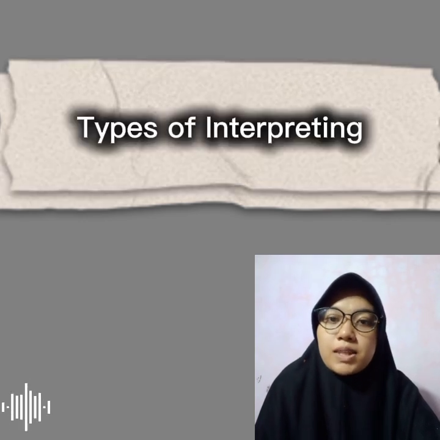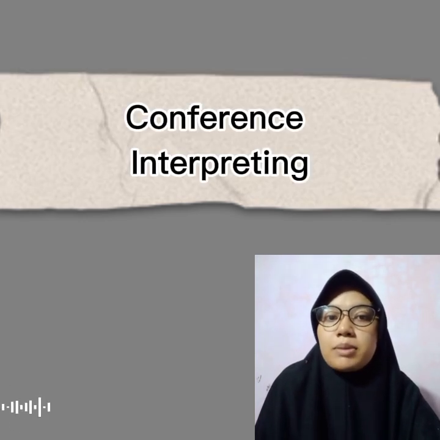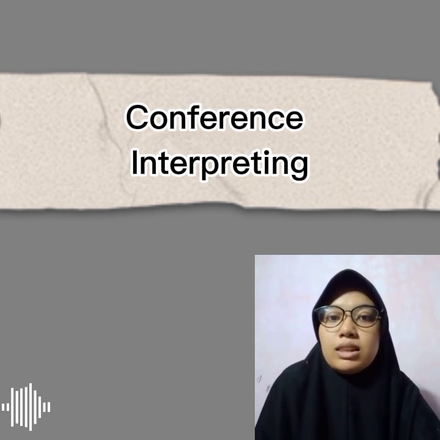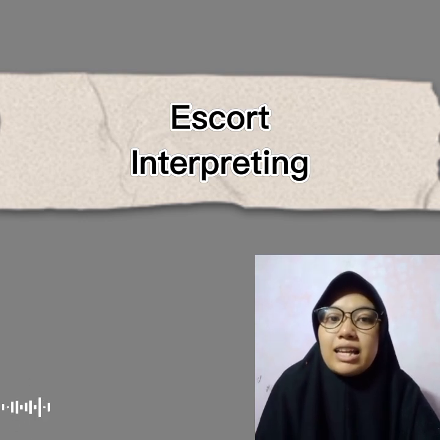The next are the types of interpreting. First, conference interpreting is interpreting done in a conference, usually using consecutive or simultaneous interpreting depending on the participants. Second is called liaison interpreting. Interpreting done by consecutive interpreting for a small informal setting, usually to accompany a client on a